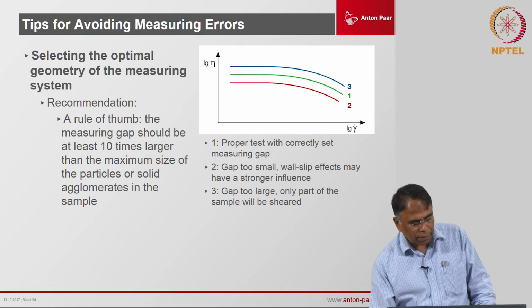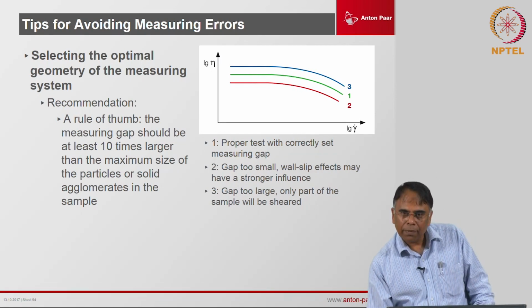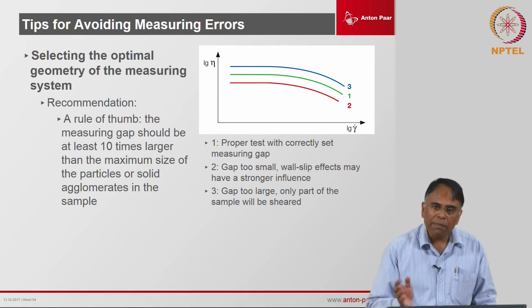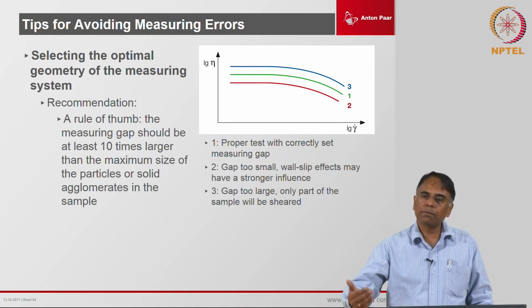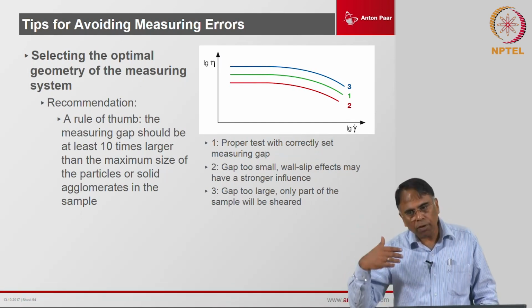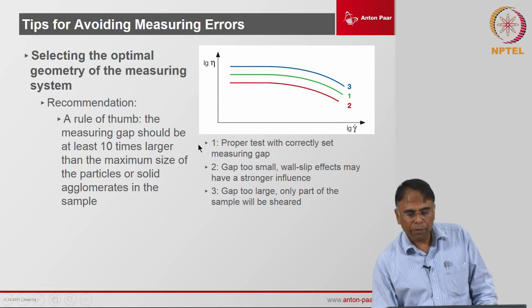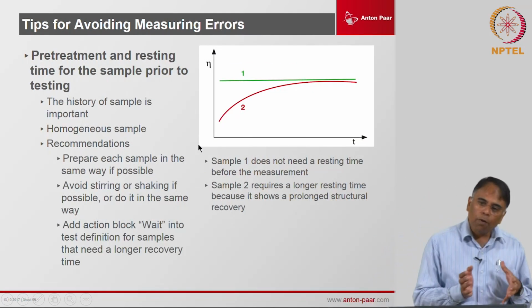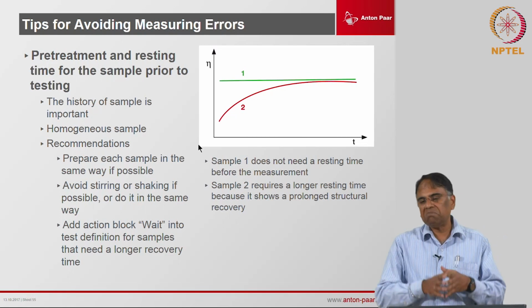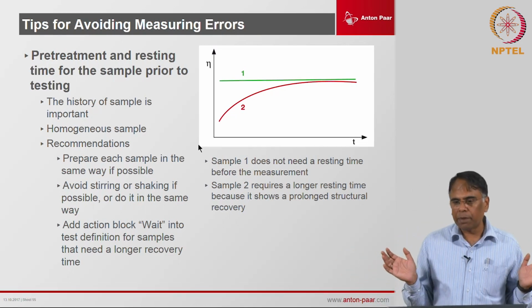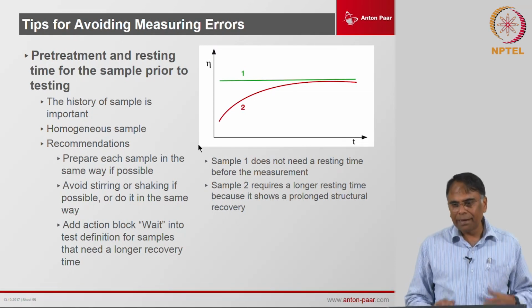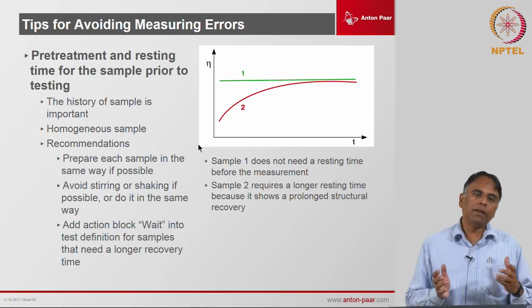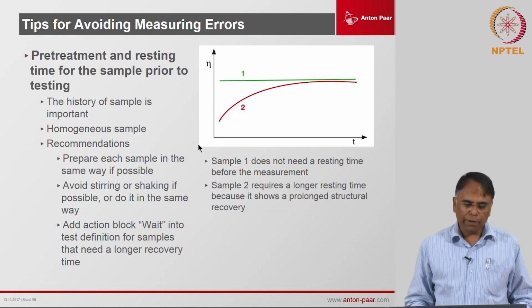And then of course the particle size, as we were discussing. If you have a particle size of say 10 micron, then the minimum gap that you should have should be 10 times the largest particle size. Okay, so always follow this gap. Do not try to measure at very low gaps without the information of the particle size, because you will end up only grinding a few particles and getting information of a few particles. So that is not the real bulk information that you are getting out of it.